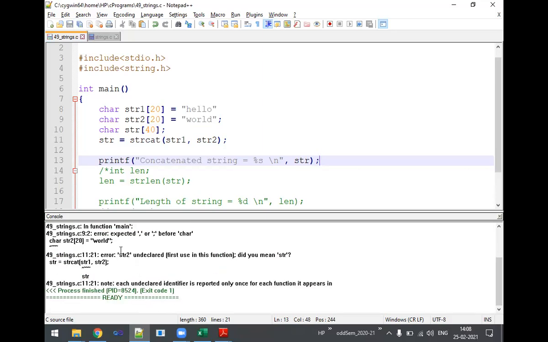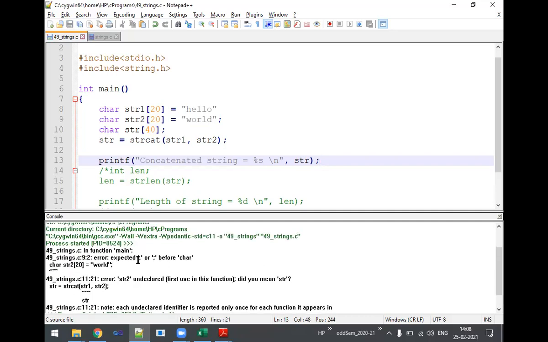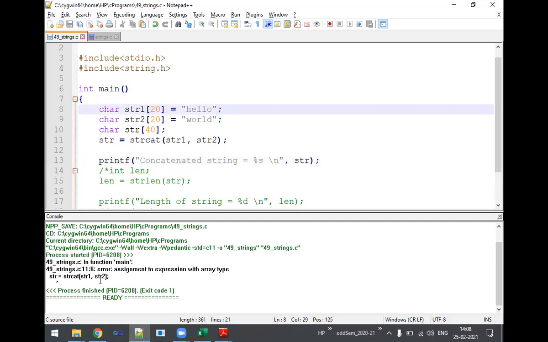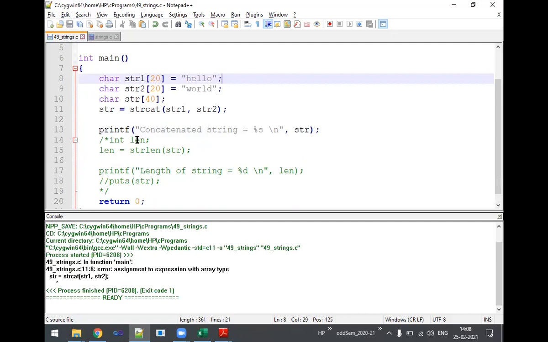What happened? Line number 9, expected comma or semicolon before character. Line number 9, here the semicolon is missing. Compile. Error: assignment to an expression with an array type. Let us assign it directly here.